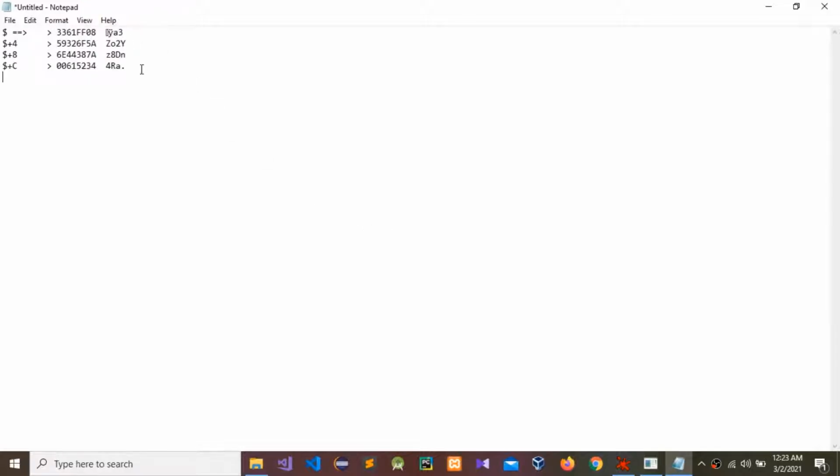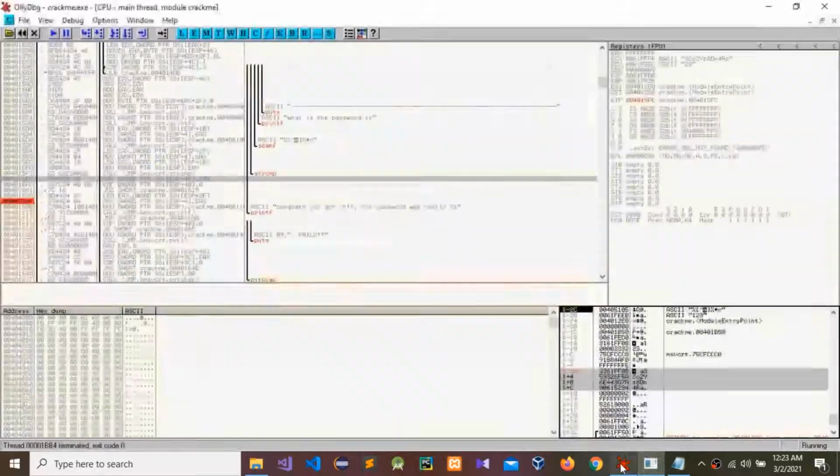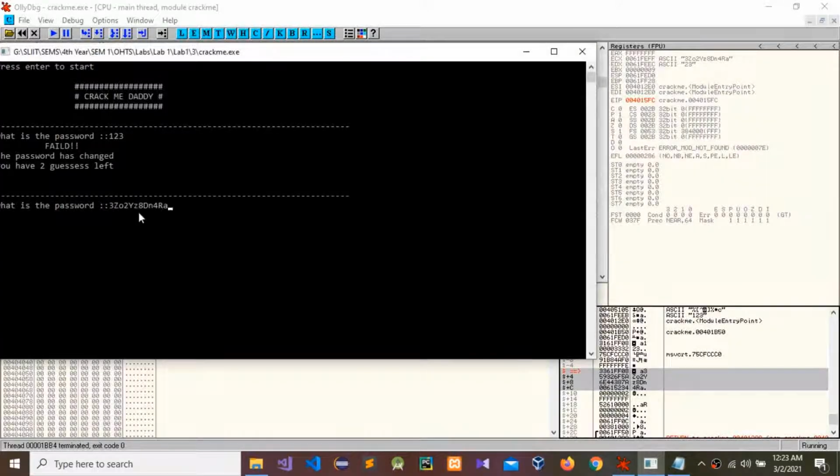We need to set in one line 3 and these letters. Okay, I'm going to copy this one, and I'm going to give this password, press enter.